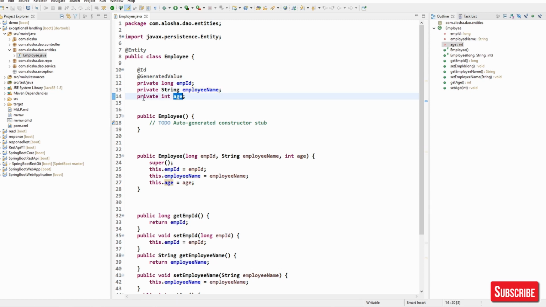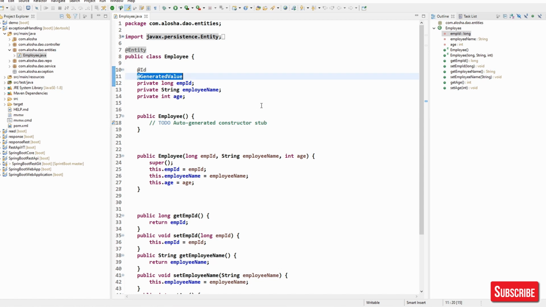As you know, since we are using Spring Data JPA, we just have to annotate it with @Entity. As soon as we do this, the corresponding table will be created in your database. Okay. So @Id is to define that particular property of your entity as primary key.